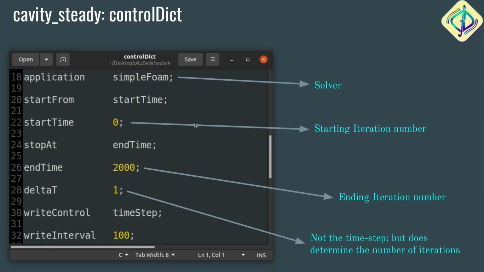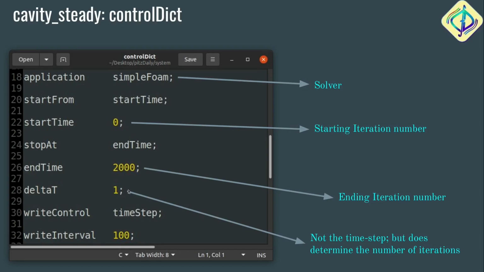All these parameters, you know. Now in the icoFoam solver, the start time is the actual time, but here in the steady state simulation, it is actually an iteration number. So the starting iteration will be 0 and the ending iteration will be 2000.